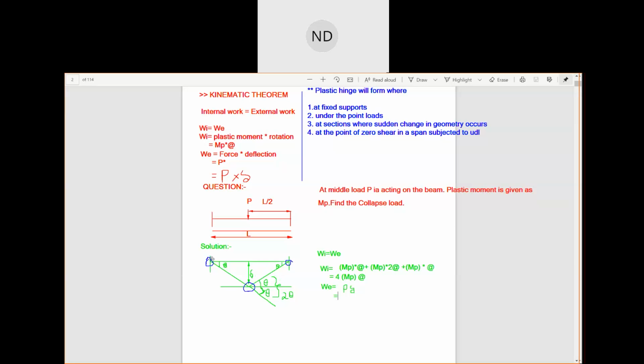Here you see this angle. You can take this triangle or you can take this triangle. Consider this triangle or this triangle to find out your delta. Now, suppose we are considering this triangle here. Now, what you have, this is your L by 2. From here to here, you are having L by 2. Capital L by 2. This is your theta. So, from this triangle, we can have